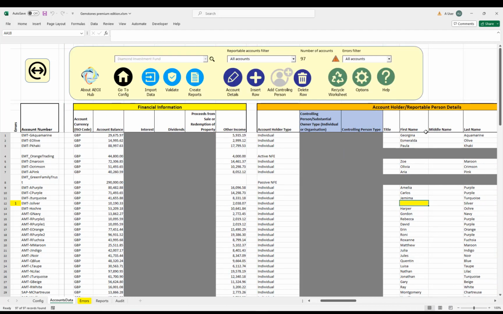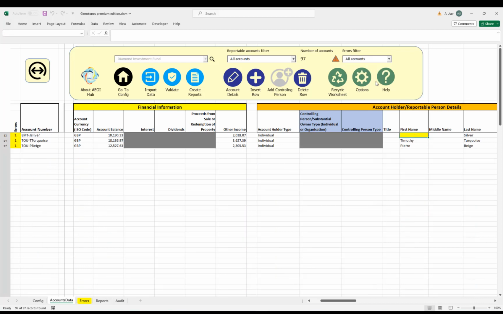On the account sheet, what we also have on the toolbar is an errors filter at the top. And what you can do here, which is useful, is filter so you only show the accounts with errors. That's filtered down to reduce on screen what I can see as just the 3 accounts that are affected. I can resolve these